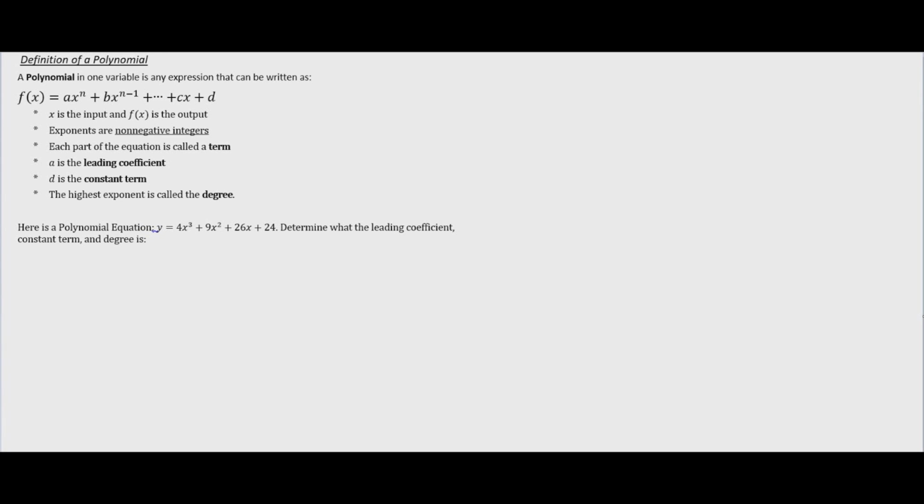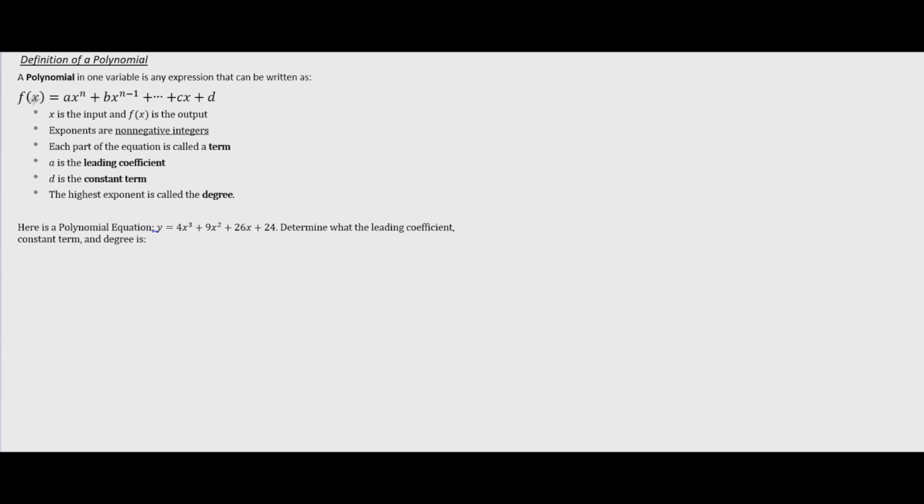Well, welcome Algebra 2. Today I want to go over the definition of a polynomial. Now, if you were absent in class, this is essentially what we did for the starter on Friday. What we have here is this definition. We have a polynomial in one variable, and any expression can be written as this right here, f of x,